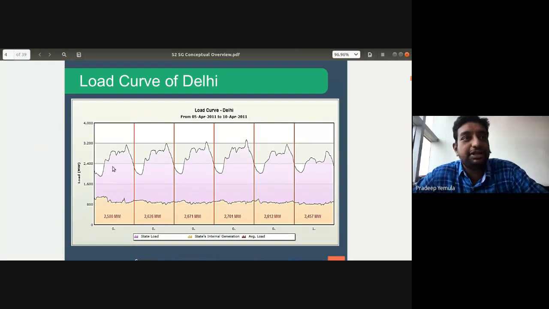So for example, if you take the first day, the minimum is somewhere around 1800, and slowly it keeps on increasing in the evening, and by the time it is sunset time, 7 p.m., 8 p.m., like that, the load touches 3200. Then again, slowly people start switching off their appliances, and in the late night, everybody sleeps. Then the power reduces. So again, the same pattern repeats the next day, and so on. Like this, there's a daily pattern.